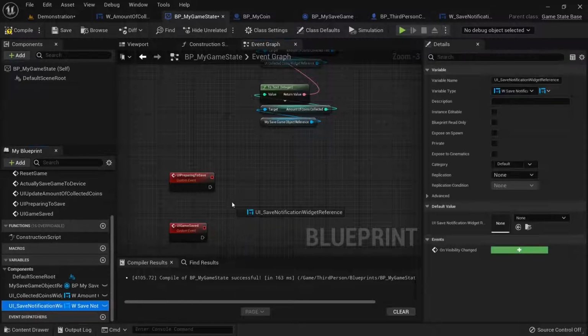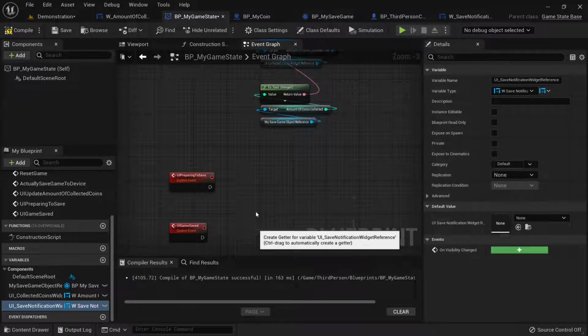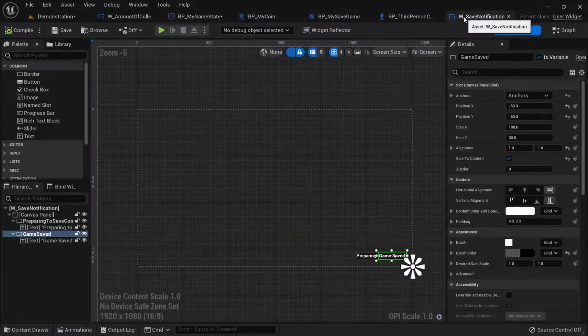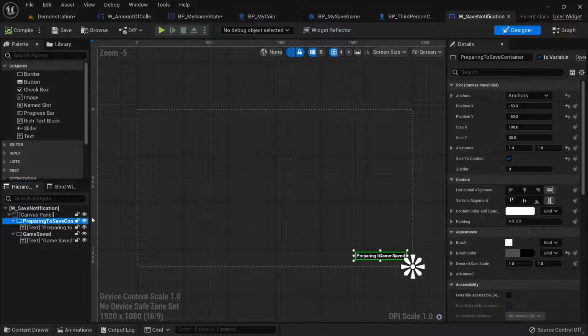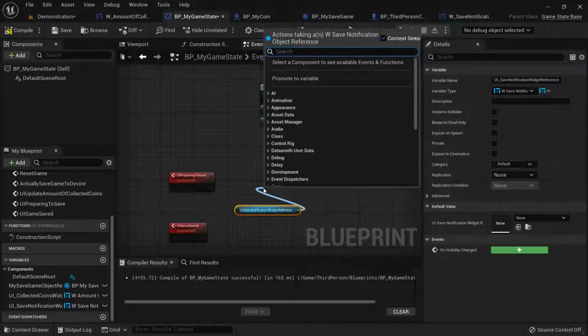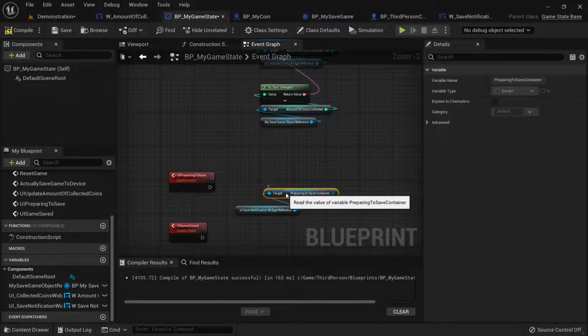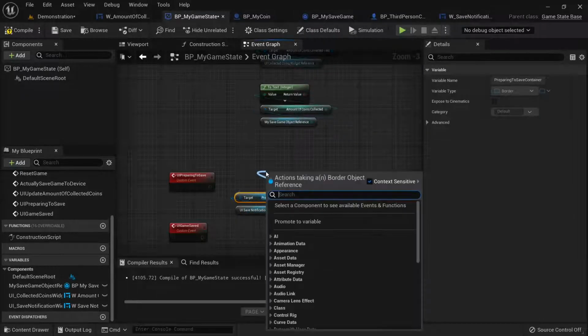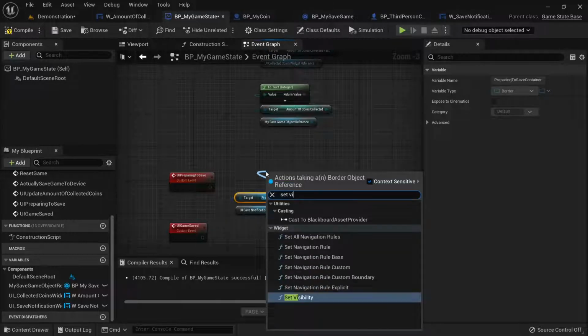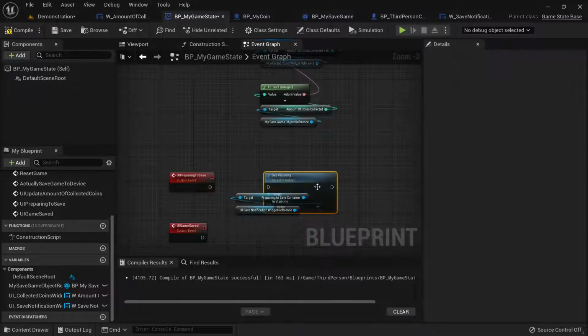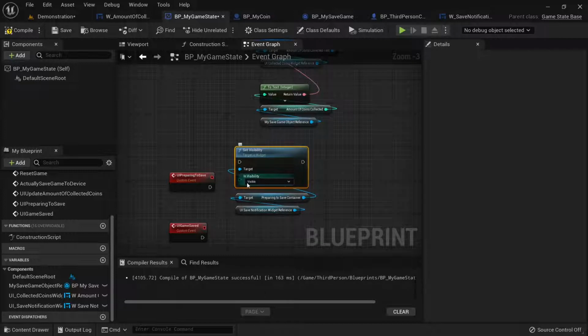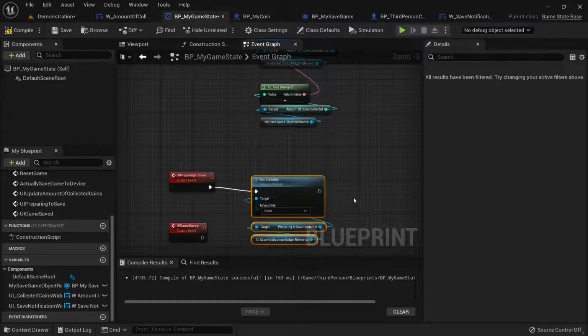Let's get it here. Let's see what it's called. Preparing to save container. Okay. Preparing to save container. And set it visible. Set visibility to visible. And